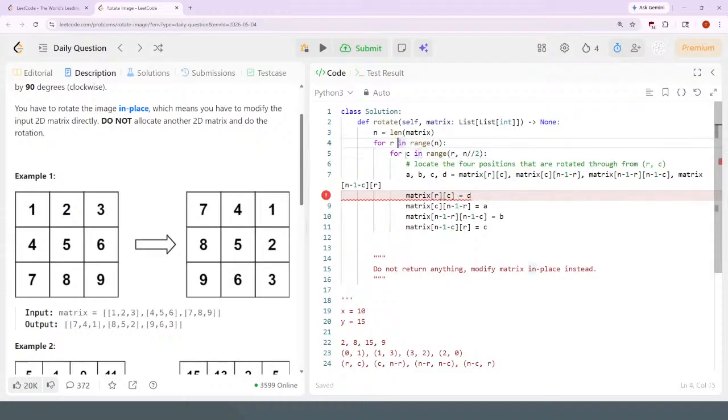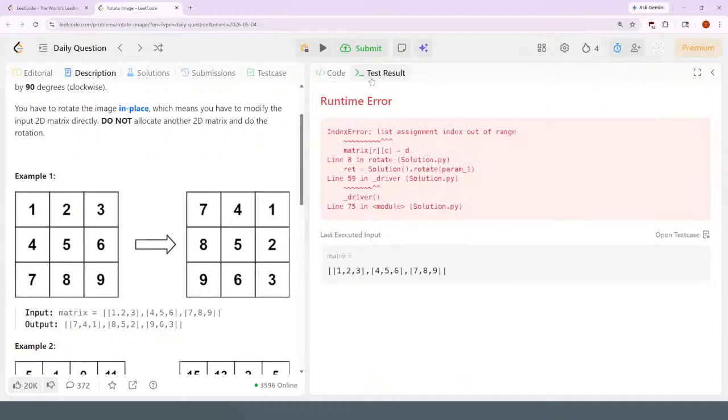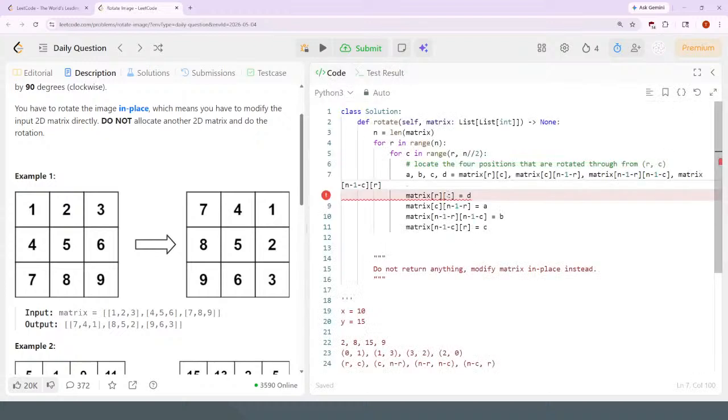For every row, for every column, matrix at RC equals D. I mean, the issue is, if this is out of bounds, then how did this work? What the heck? Matrix at RC. Okay, let's go ahead and just print out